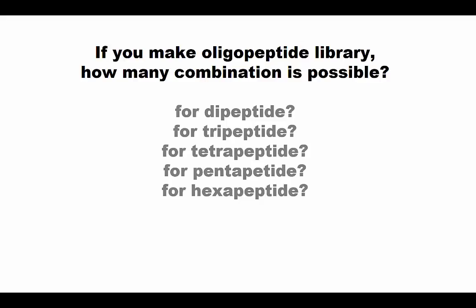Still, 600 is not too bad. So if you target a pentapeptide, your library number is already more than a million. If you can make a million molecules, that's maybe more than enough you want to try, isn't it? Then this number you can